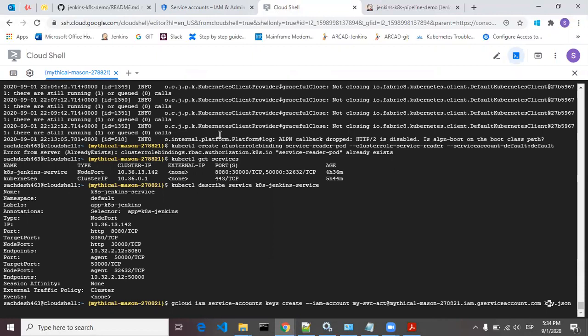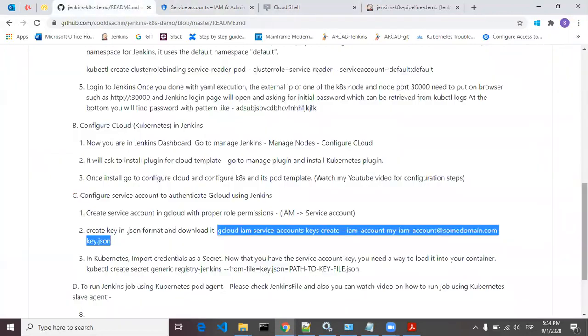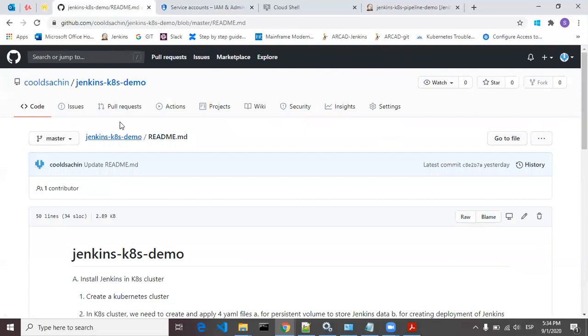So key.json, if you see here in the Jenkinsfile, we have given as a credential.